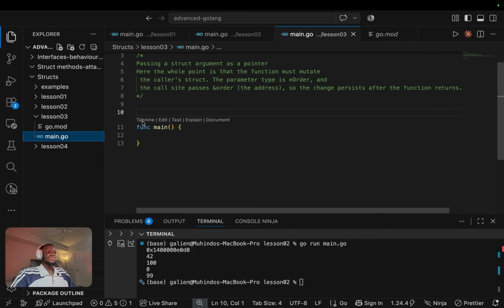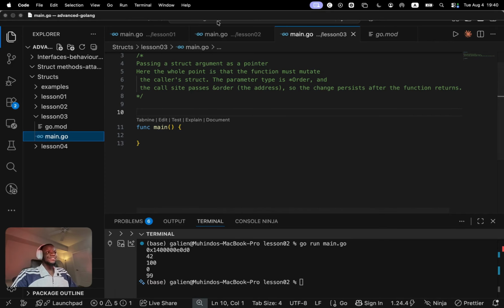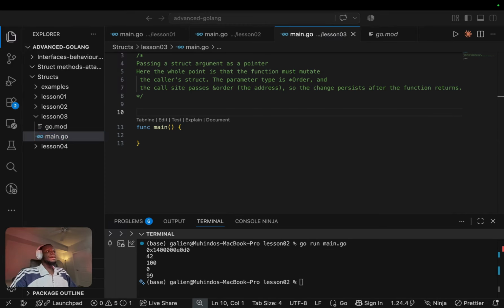So at this point, we are also going to pass a struct argument as a pointer. And this is going to be implementing a real world example of apply discount. So we are going to pass an order and a percentage of this discount, and this is going to apply the discount to that order, and then it will return us that order already discounted, if that makes sense. So I will go ahead and create my order struct